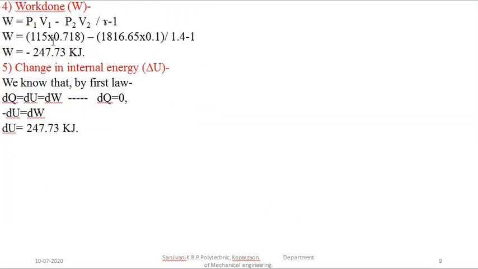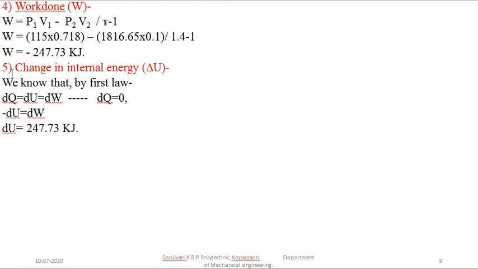Now the next point, that is the work done. Work done formula we know: P1 V1 minus P2 V2 divided by gamma minus 1. So putting the values, we are getting W equal to minus 247.73 kilojoule. Why are we getting the minus term? The work input is always considered as a negative term in the sign convention. So we are getting the minus value here. Therefore,